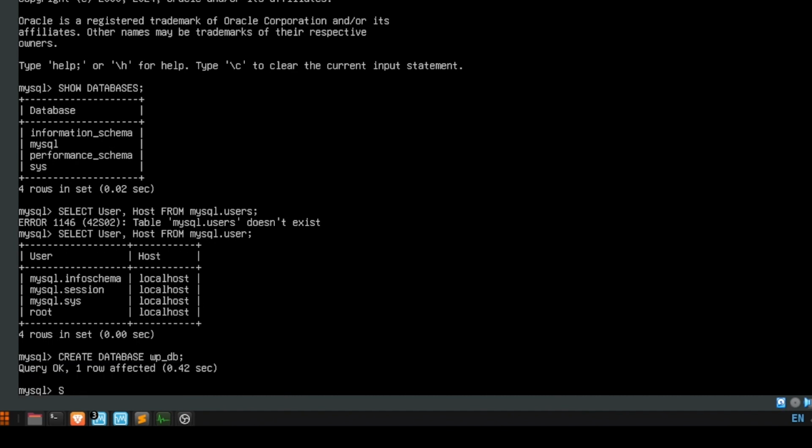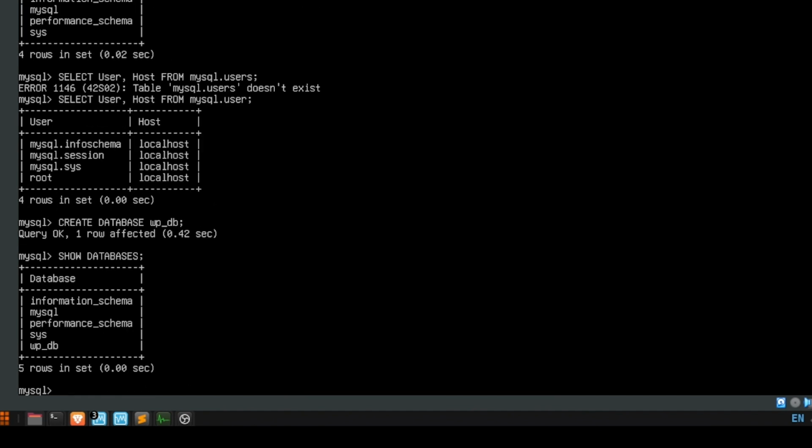So we can run show databases, and we can see WP_DB exists as a database. So now we have to create a user that will access WordPress, a user for our WordPress, right? And so that user, we can say